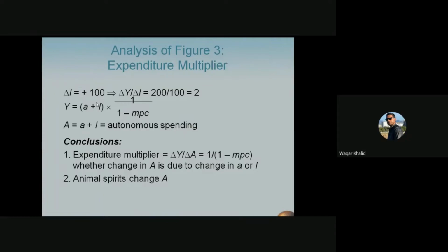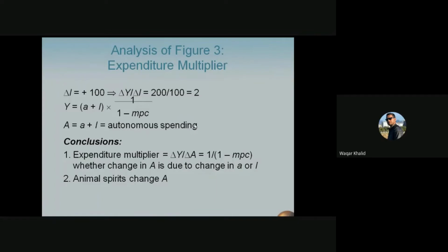Look at this equation. Y is equal to A plus I multiplied by 1 divided by 1 minus MPC. Actually, 1 divided by 1 minus MPC is known as the expenditure multiplier. If you calculate this value, you can get this term very easily, that Y is equal to A plus I multiplied by 1 divided by 1 minus MPC. If we denote A plus I by capital A, like capital A is equal to A plus I,